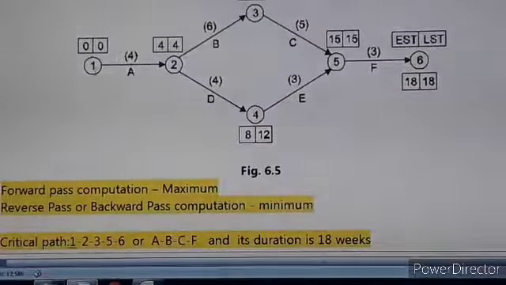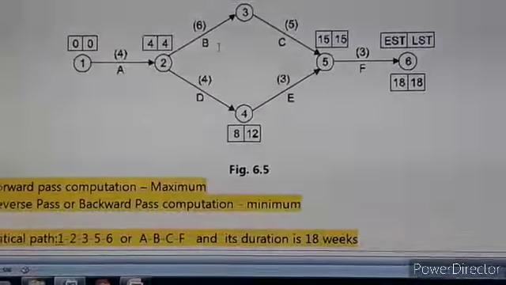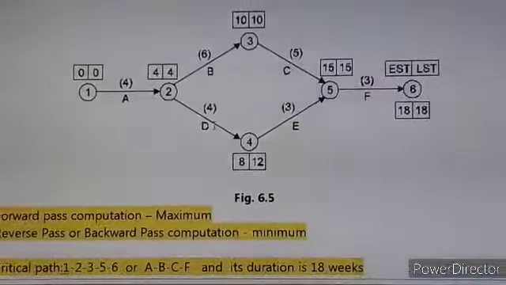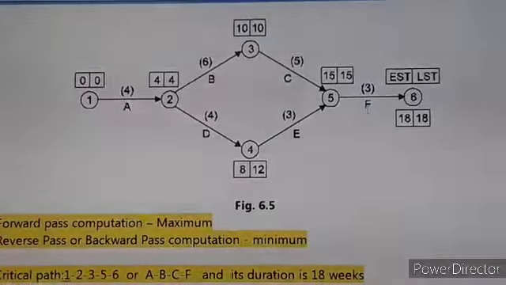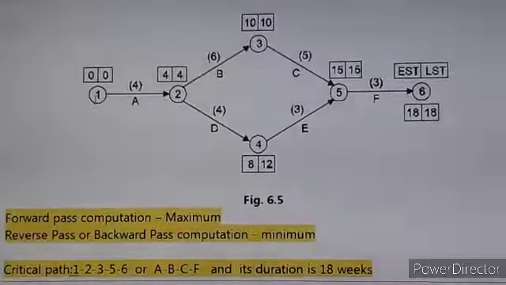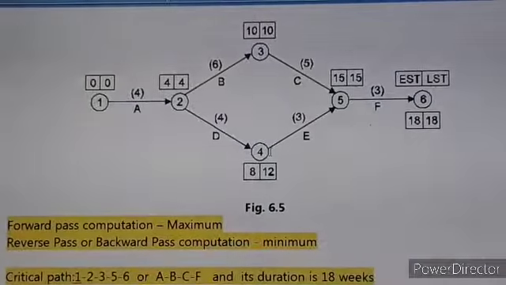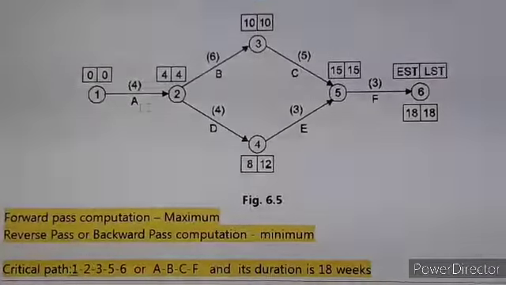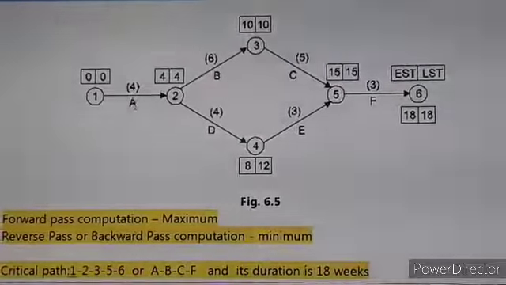Now for A there is no pre-activity. For B, A is the pre-activity. Again for C, B is the pre-activity. For D, again A is the pre-activity. For E, D is the pre-activity. For F, C and E are the pre-activities. And we have designated the respective nodes, that is 1, 2, 3, 4, 5, 6. Again, the durations of all activities are written above the arrow and all the activities are written below the arrow